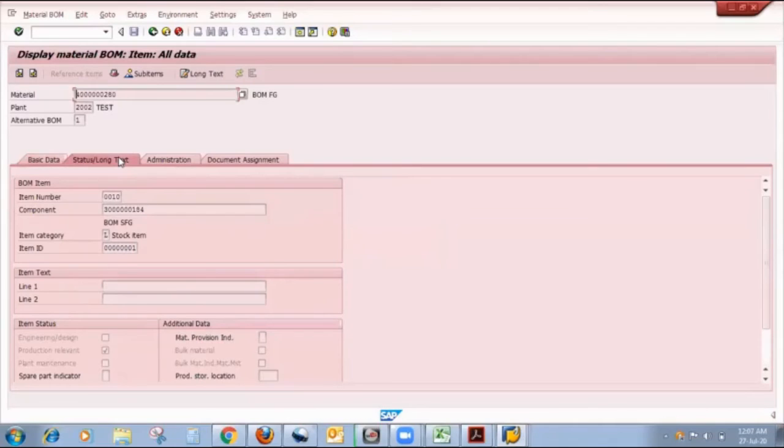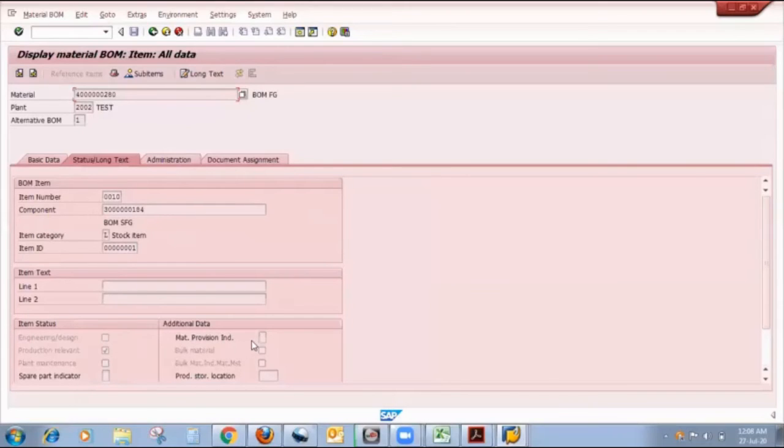Then in status and long text also we can maintain the material provision indicator, like engineering design. BOM. This is the BOM which has usage one, that is production. So automatically the production relevant tick mark comes. But if we create this BOM for design purpose, then automatically the engineering design tick comes. So these are some small changes, but which have big impact.